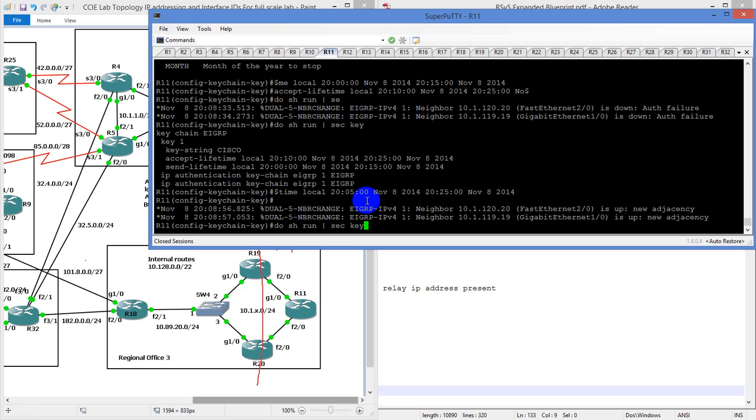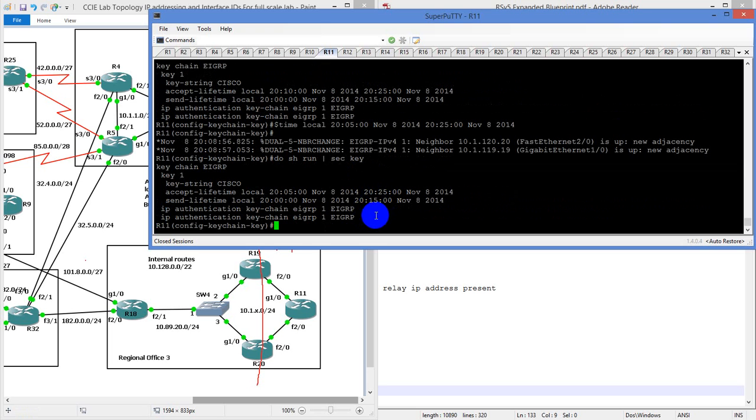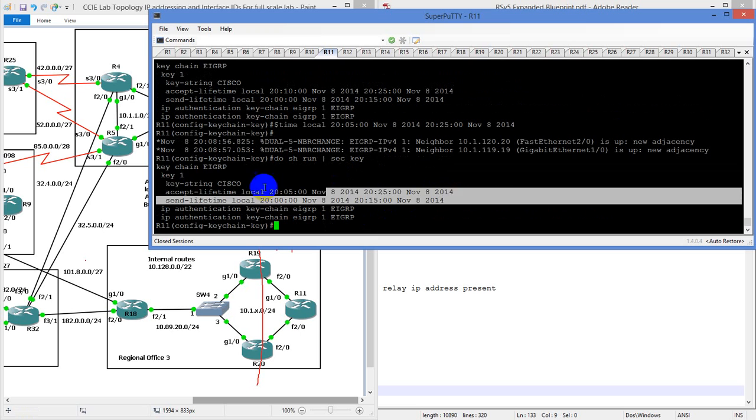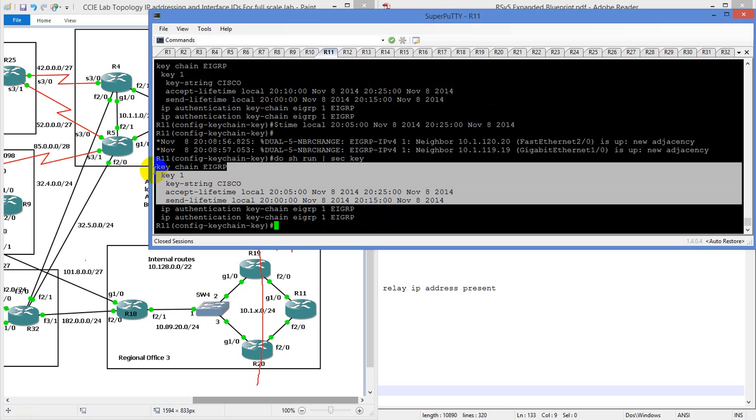Let's actually do show run again to make sure we have the up-to-date time. So that's the up-to-date time, and we're just going to copy and paste this information right here. But we're not going to modify the key. We could change the key if we wanted to, we're not going to do that here. We're just going to grab this information right here. We're going to copy it into